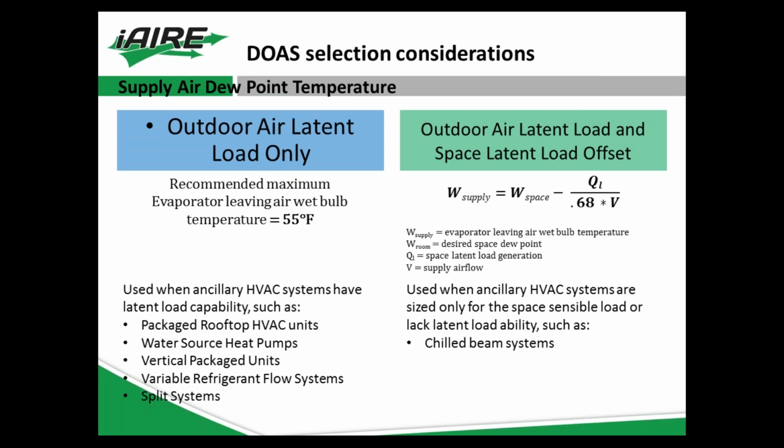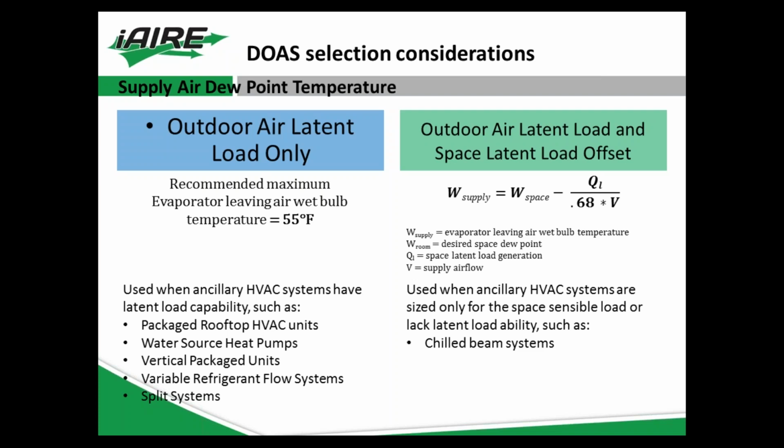And I touched on this earlier, but this is generally going to be used when your ancillary units in each zone have the ability to control moisture in that space. So packaged rooftop units are generally okay at that. Water source heat pumps, VPACs, variable refrigerant flow systems can go either way depending on generally the type of indoor unit, whether or not those will be good or bad at pulling moisture out of the air,